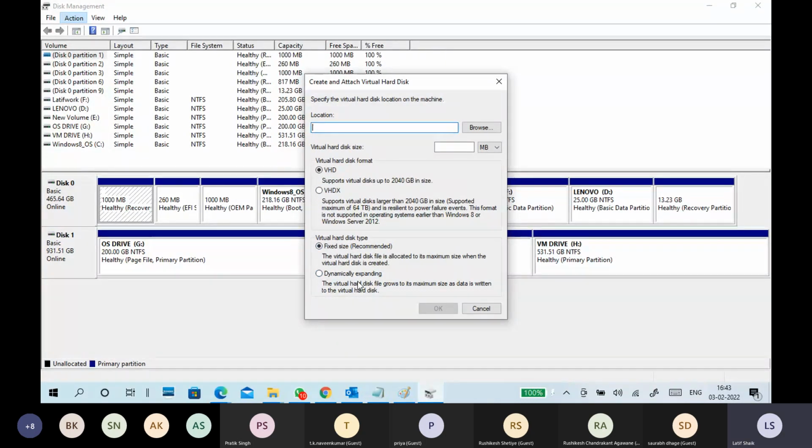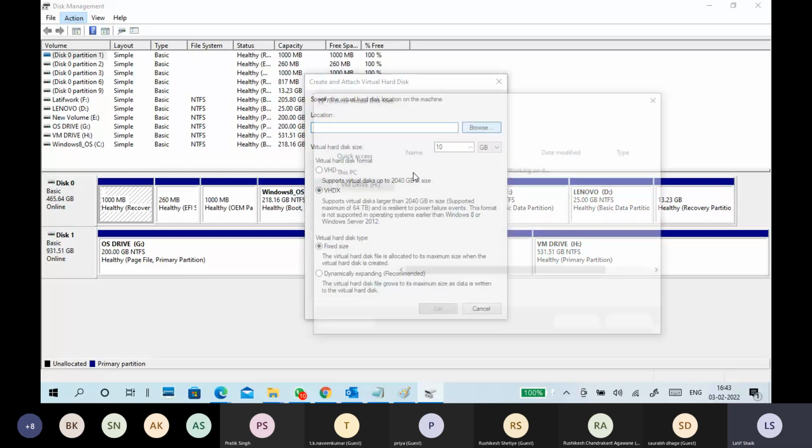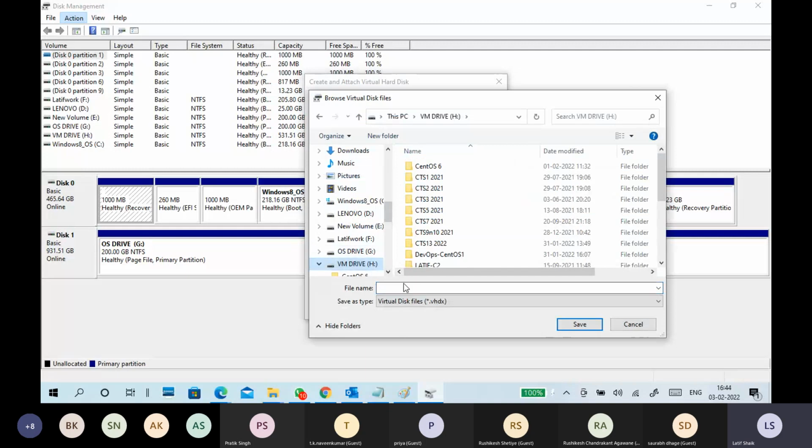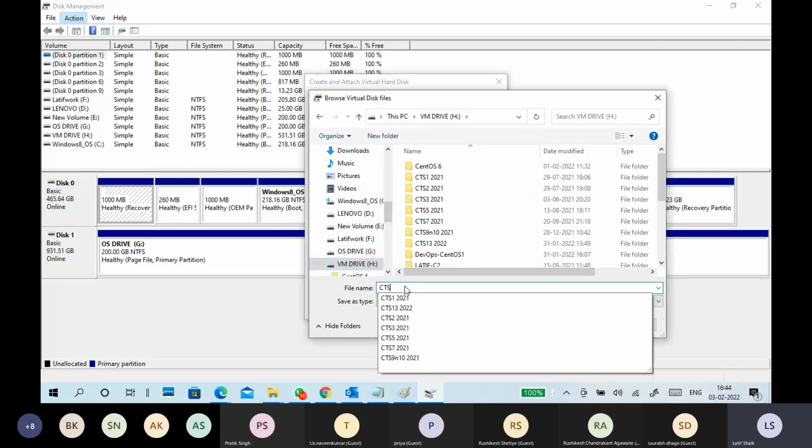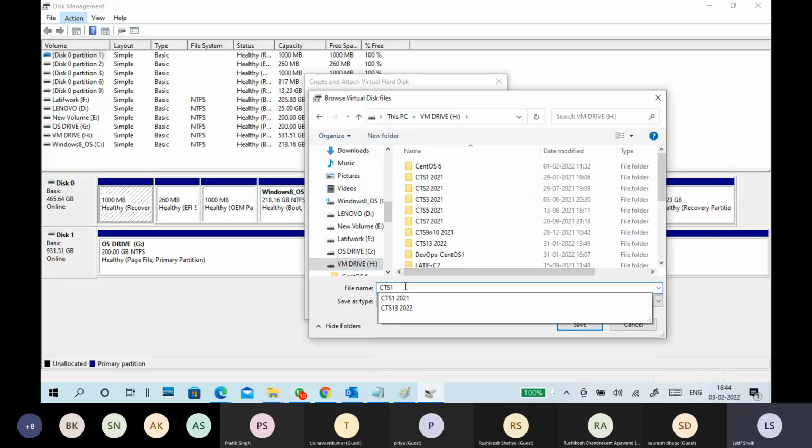The location is the H drive, and I name my disk CTS 11 fixed disk.